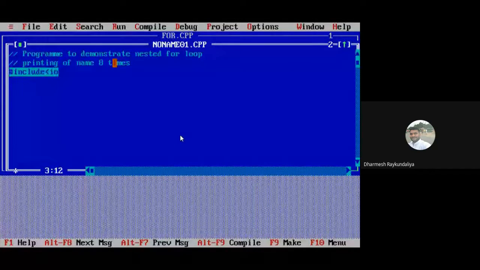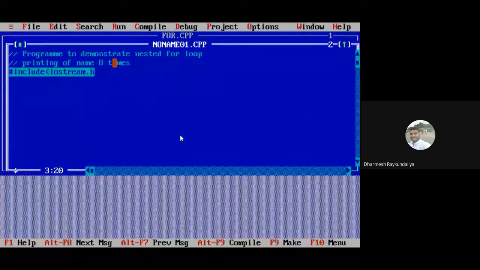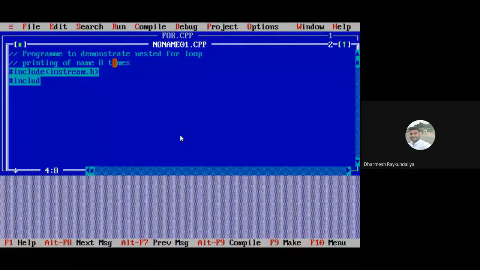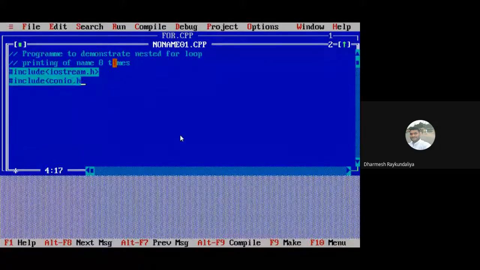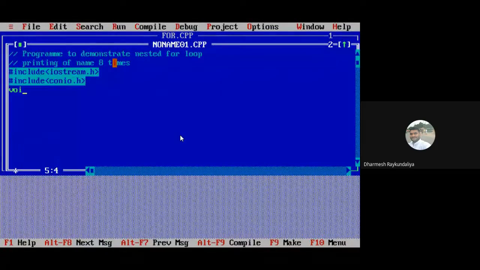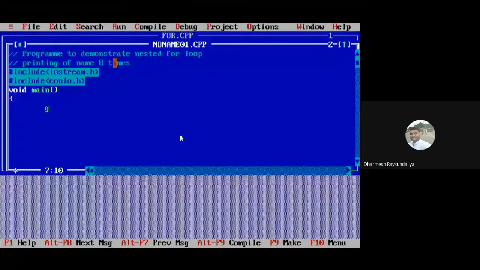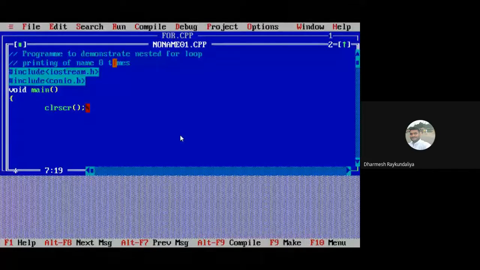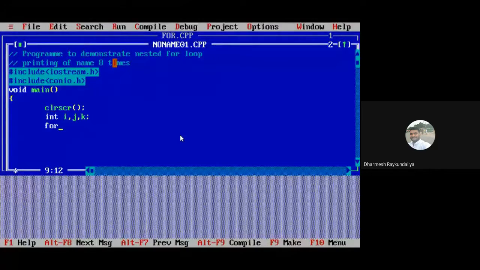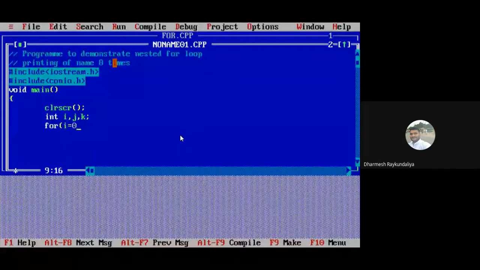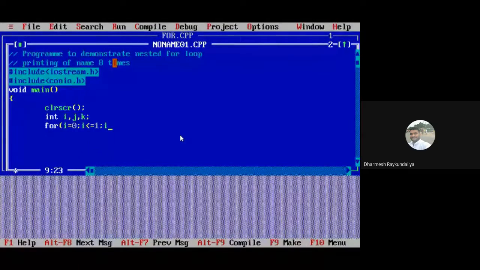Include iostream.h, include conio.h, void main, variable integer I, j, k. For loop I equal to 0, I less than or equal to 1, I plus plus.